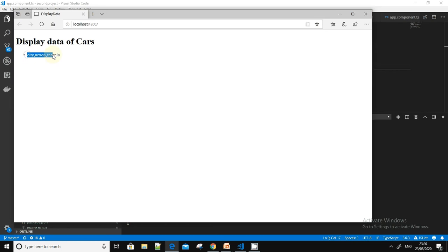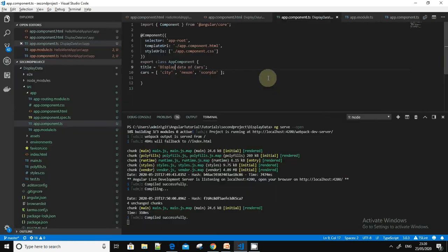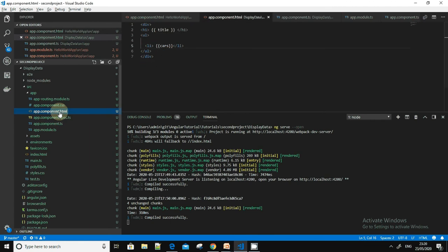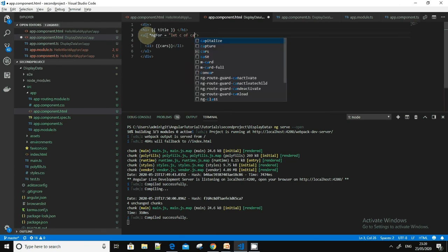If you see, the array got displayed horizontally, but we want it as a list. For doing that, we have to use the ngFor loop. The syntax is *ngFor, then let c of cars.